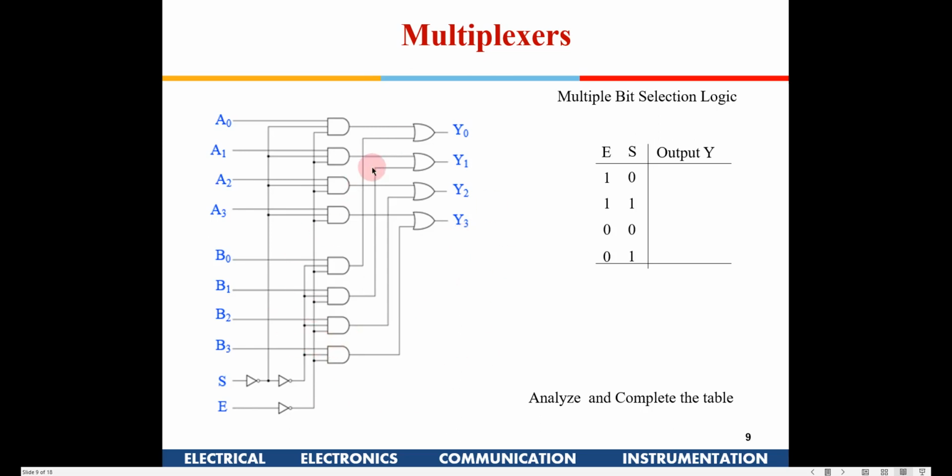So this is a kind of multiplexer which, depending on S, will either connect the 4-bit data A to the output, or the 4-bit data B to the output. Is it clear to all of you? So this is also a kind of multiplexer.